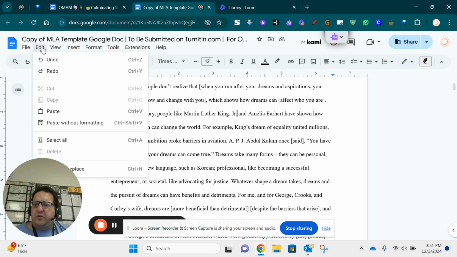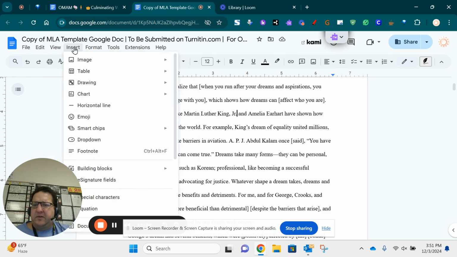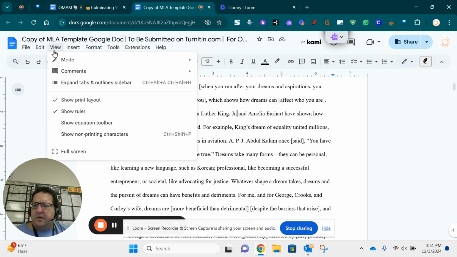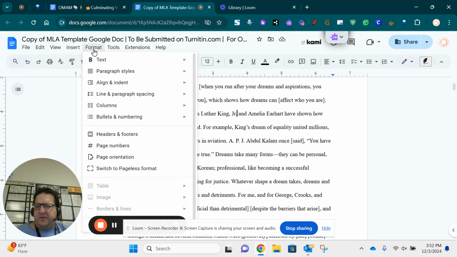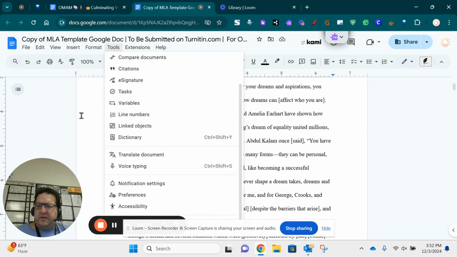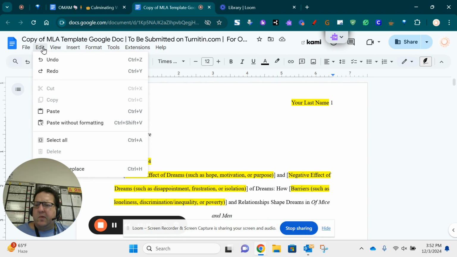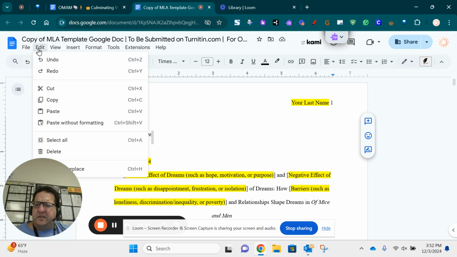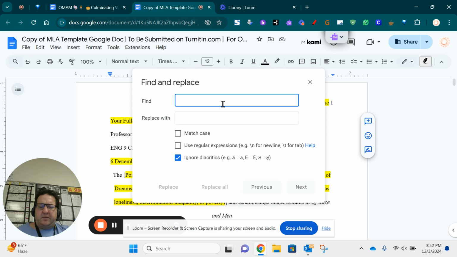You're going to go to, oh, not edit. Does it insert? No. Wait, it is in here. I should have double checked where it is. Is it format? No, tools. Is that it? Okay. Give me 1 second. Okay, I just couldn't see it because it's right here hidden behind the camera, but it's find and replace. Find and replace.